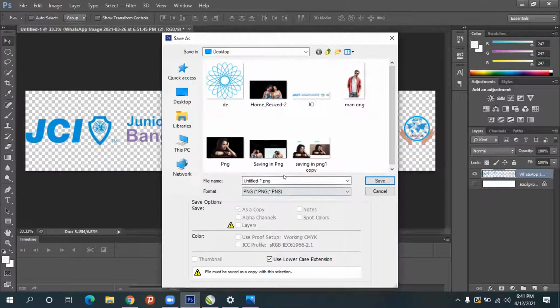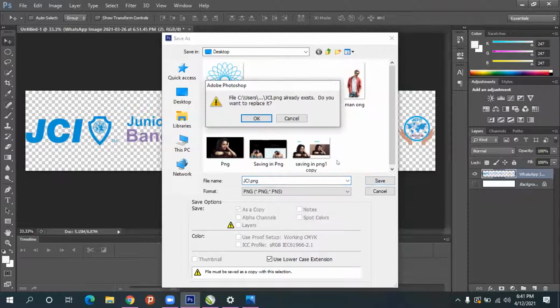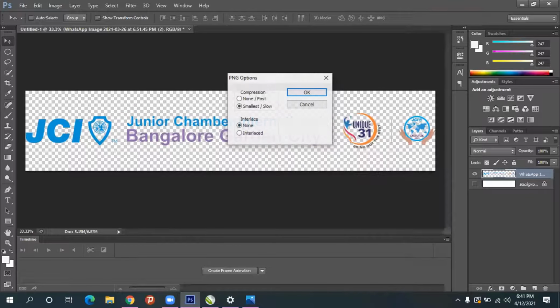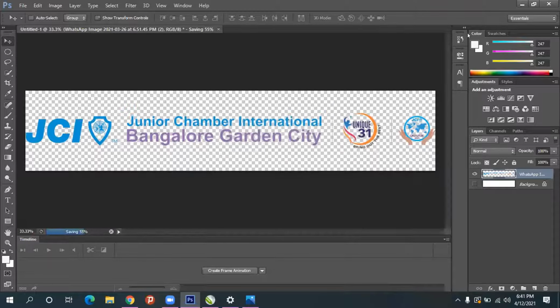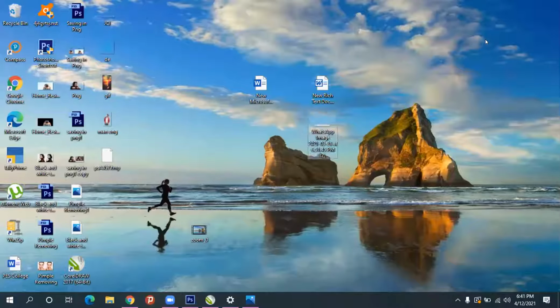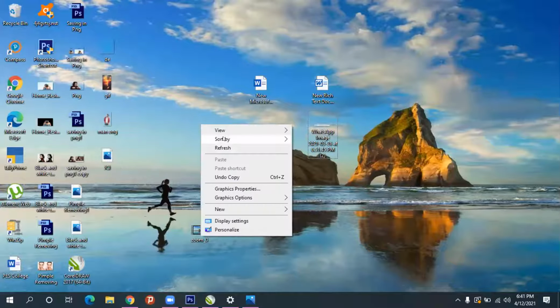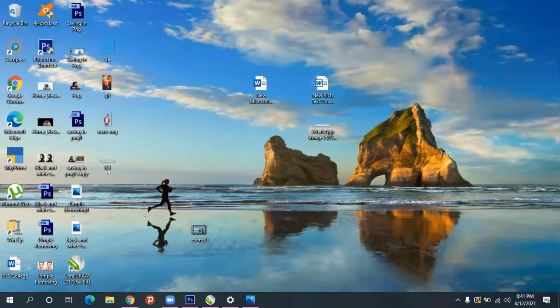Last class we saw the PNG concept. Same thing, and give a name for this. I'll give JCI PNG and give save. That's it. And give OK. And if you go to desktop, the JCI strip will be saved.